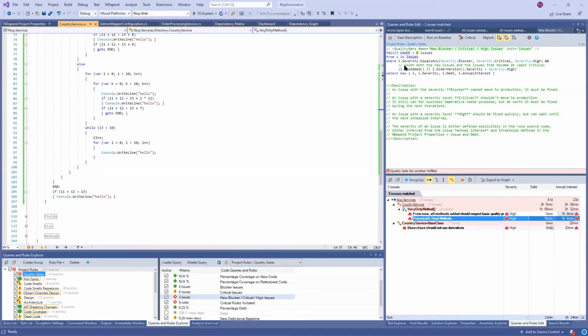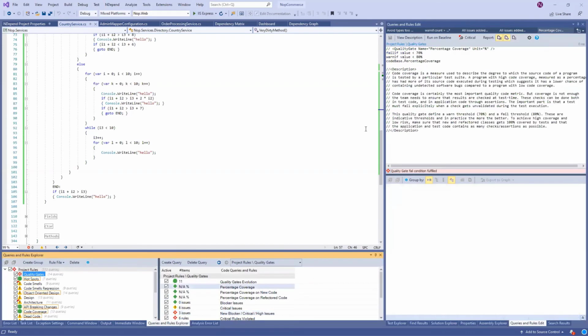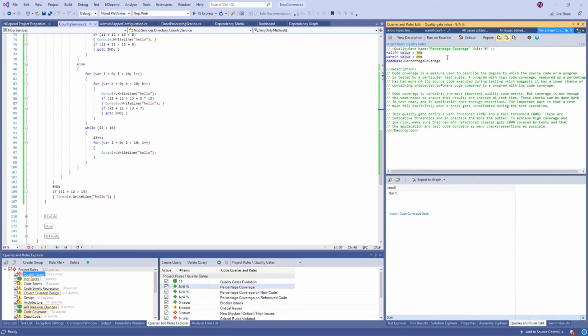And here also the quality gate is just a query, so it's very easy to modify a quality gate. Here I can put, for example, 75% code coverage. This is what I want, or maybe I want just 45, I don't know. So it's very easy to modify the rules and the quality gate itself.